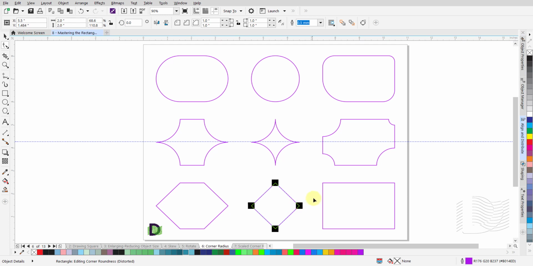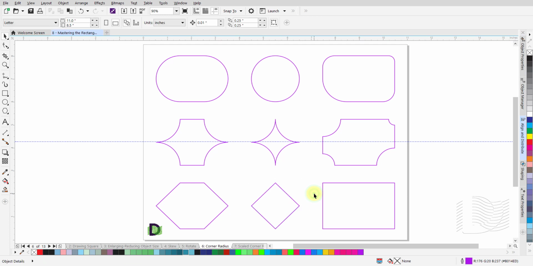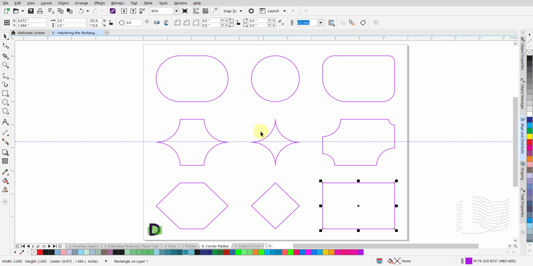Switch to the Pick tool and left-click once on a blank area of the canvas. Notice that in this case, when you reach the maximum value, your object takes on the shape of a square, but it stands on one of its corners instead of being on one of its sides. Just like with the round corner feature, you can manually enter the values for the chamfered corners.